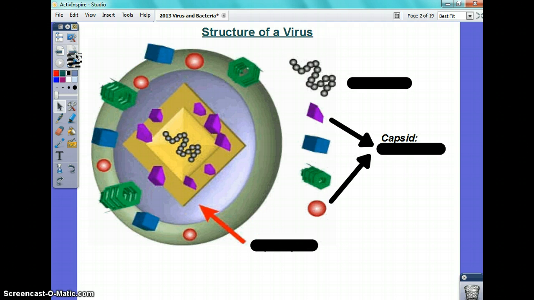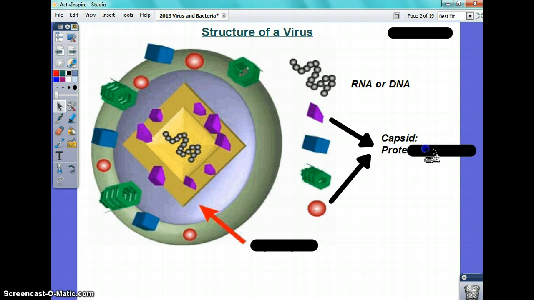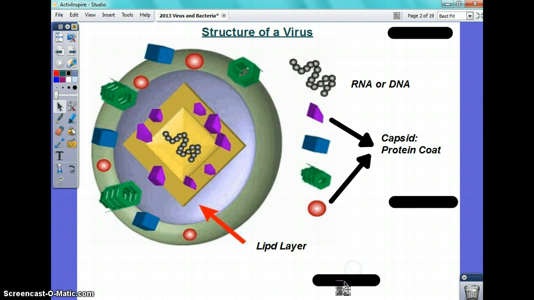But here are the most important structures, or common structures, that all viruses have. So if you didn't nail these 3, you already know there was something missing from your presentation if you were a virus. Number 1, it's going to contain RNA or DNA. Number 2, a protein coat. And number 3, a lipid layer. The protein coat is what they call a capsid. And I put RNA or DNA, you could put nucleic acid in general, because it's going to have one form of nucleic acid.